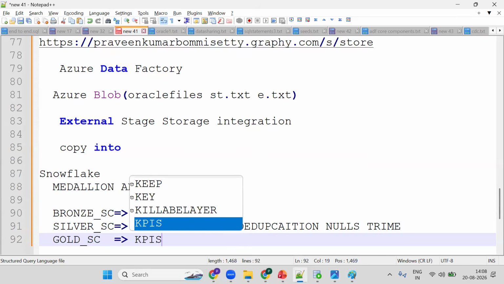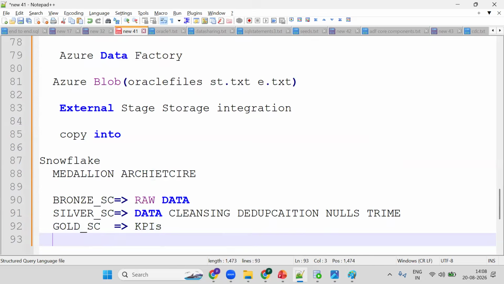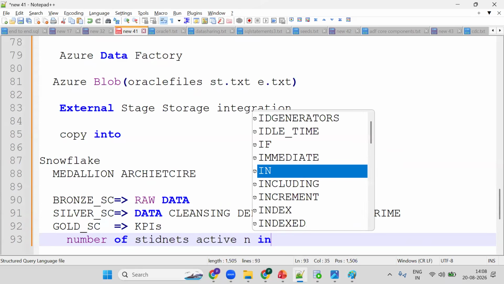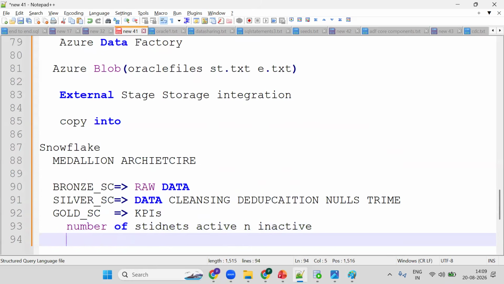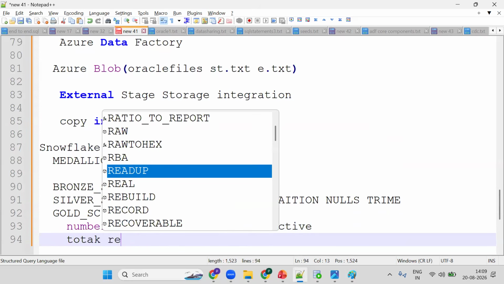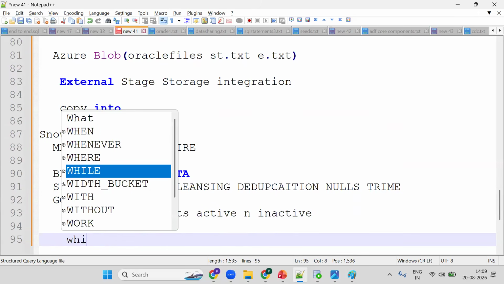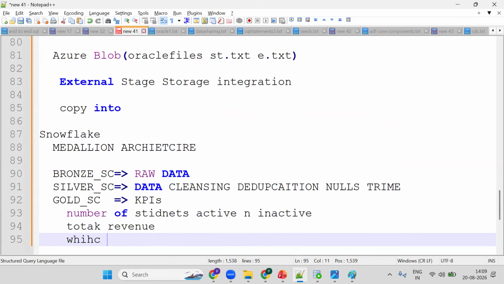So the business requirement. What does the client want? My business requirement is the number of students. Active and inactive students I want to get. I want to get total revenue. Which course has more students, whether ADF or Airflow or Snowflake or DBT? Which course has the most number of students